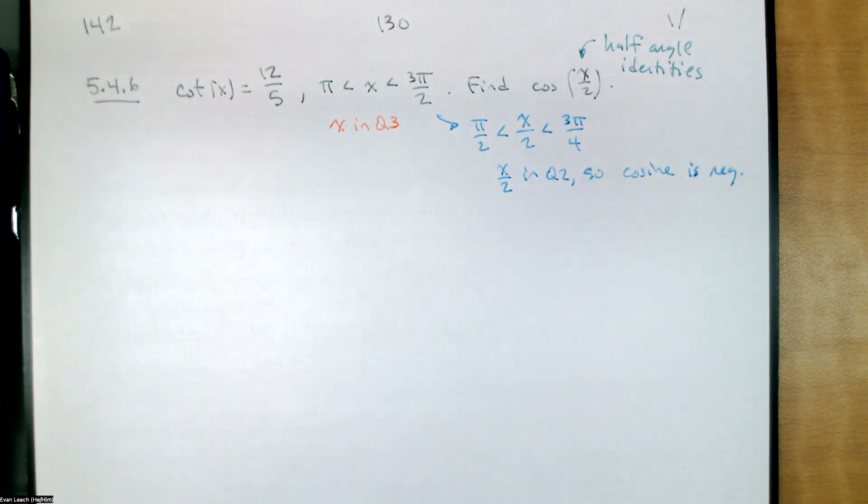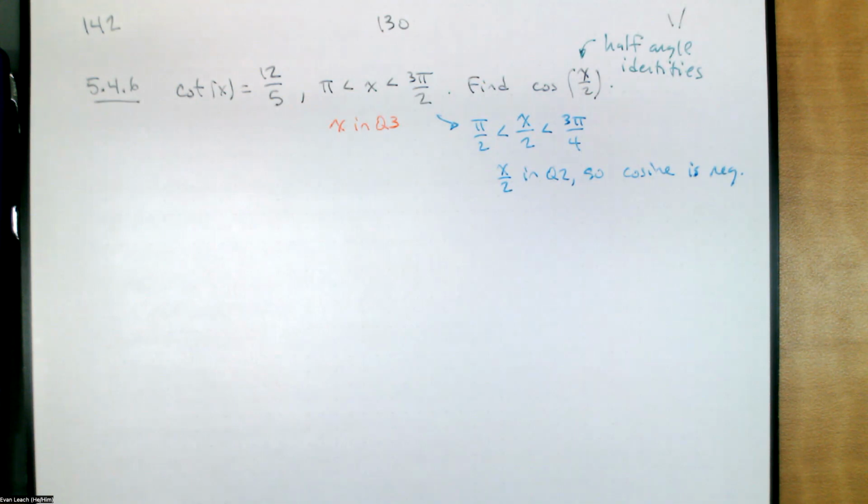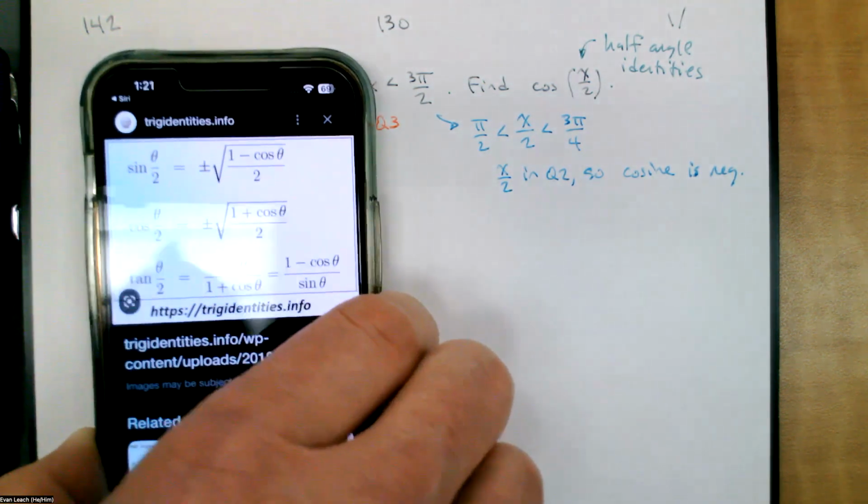Now we might not remember our half angle identities. Hey Siri, what are the half angle identities? Siri doesn't understand me most of the time. So we'll just do it kind of the old style, half angle identities. And we could just kind of look stuff up. And then we'll see that